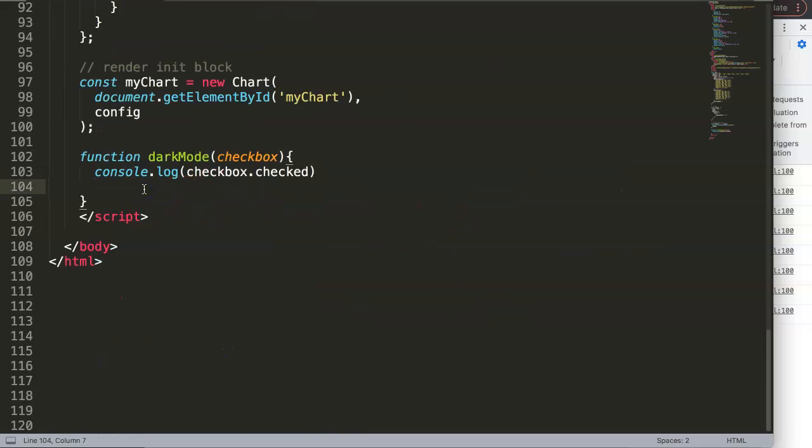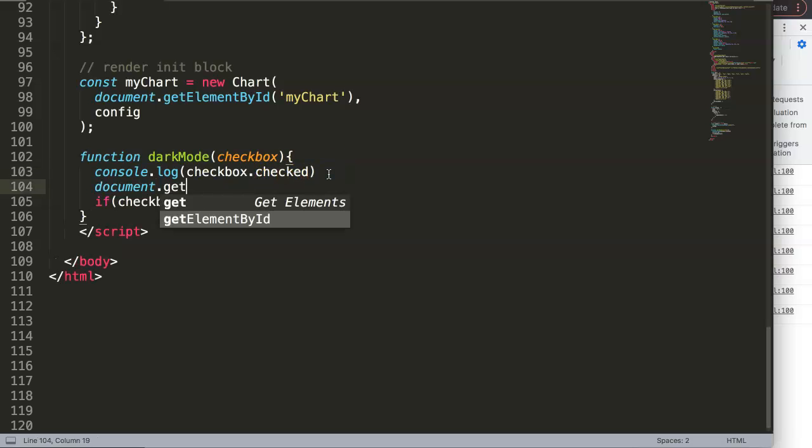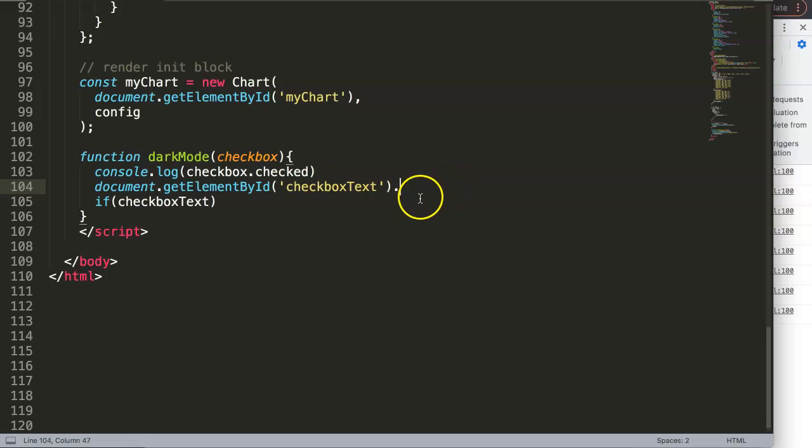Then we can say an if statement, if checkbox text, or let's see, that's the ID. So what we're going to do here is document dot getElementById. I'm going to grab this, and then we say dot